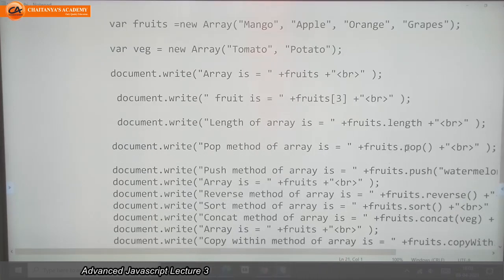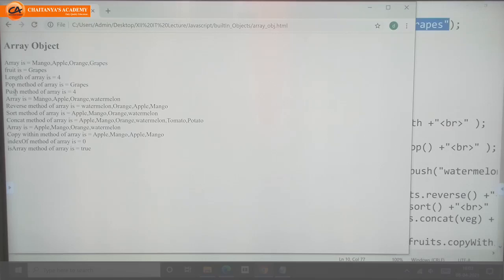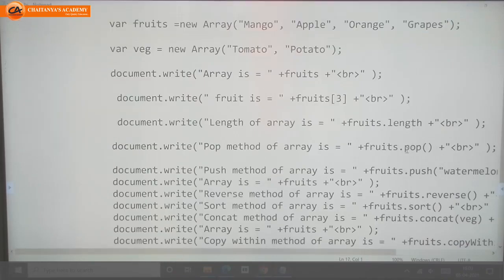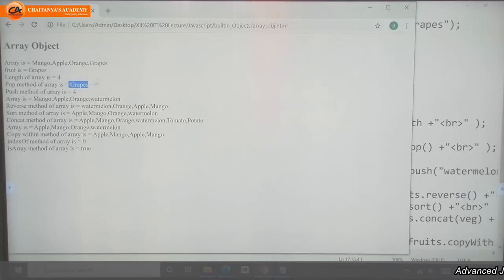So the pop method of the array gives grapes. Why does it give grapes? Because by using the pop method we are removing the last element, and my last element is grapes.